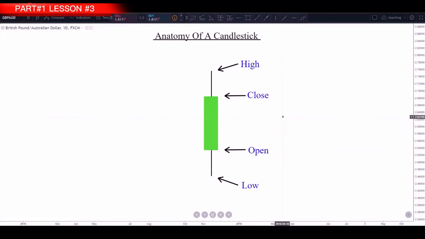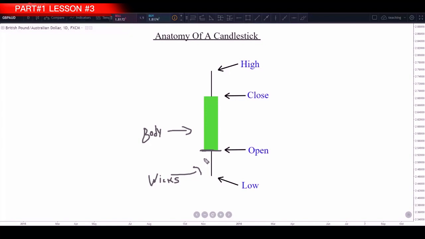We have our open, which is right here. On a green candlestick, it would be the bottom of the body, because this green part here is called the body of the candle, and these wicks or shadows, we'll refer to them as wicks. The lines you see at the bottom and the top of the candle, those are going to be the wicks of the candle. So at the bottom of the body of a green candle is going to be the open,